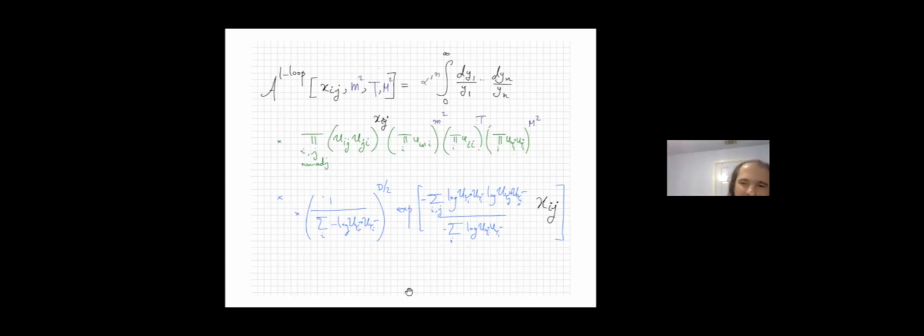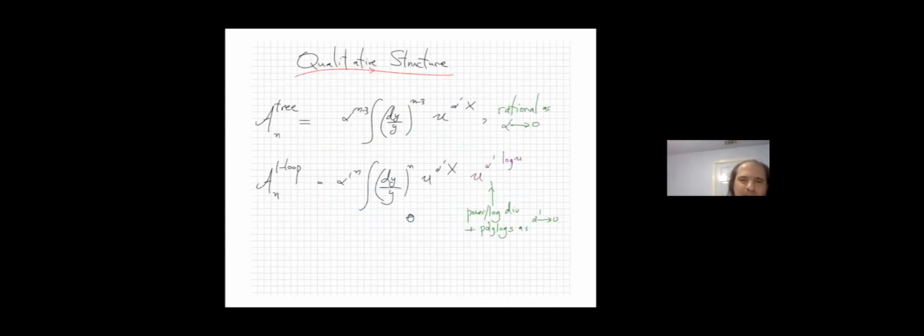And then there's a part that comes from the Gaussian integral. The interesting thing about this is that here we have the dependence on the kinematic variables xij, and then inside we have a more interesting quadratic thing from doing the Gaussian integral, which involves things that look like log over log inside this exponential. All right. But if we just look at the qualitative structure, the tree amplitude is an n-3 dimensional integral of some polynomials u to a constant power. So the polynomial is u to the alpha prime x. And this is why as alpha prime goes to 0, these things end up being rational.